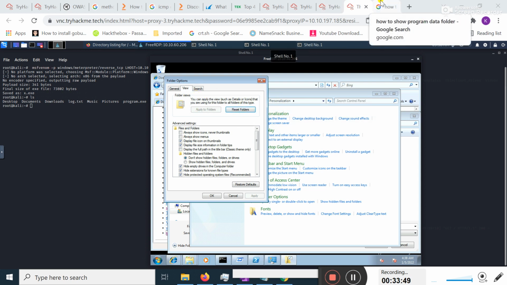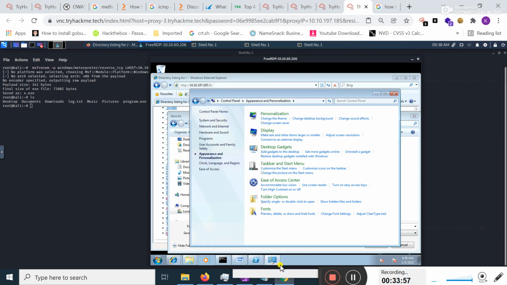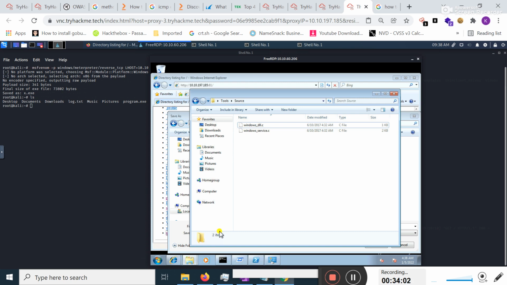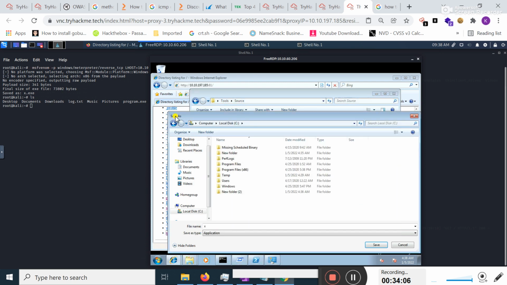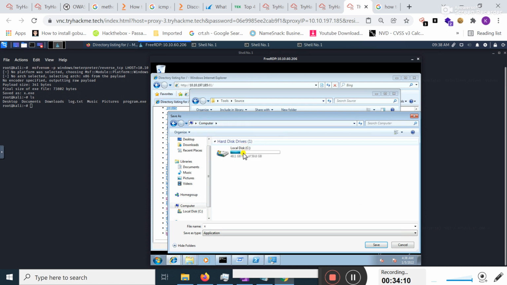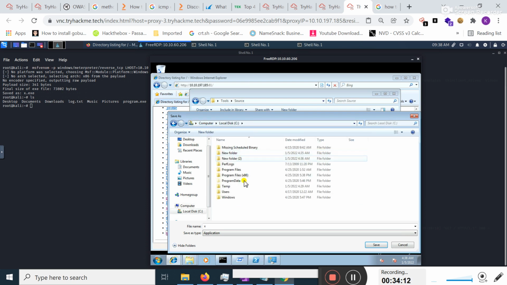Show hidden files and directories, and when I click on apply, click on OK. Now ProgramData is present here.